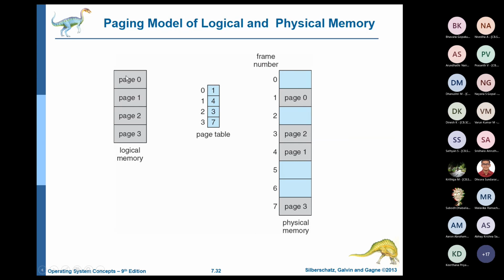One page will maybe have one part of the segment. The first will have the main program. The second one will have the initialization and the library functions. 2 will have the global variables. 3 will have the local variables. So this is a way of paging a virtual memory. This is virtual memory basically. So what we are doing is mapping a page to a frame. This is a very interesting technique. You have to try, work it out and find out how this is happening.